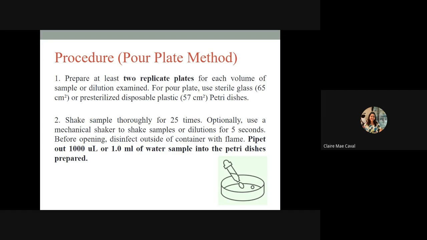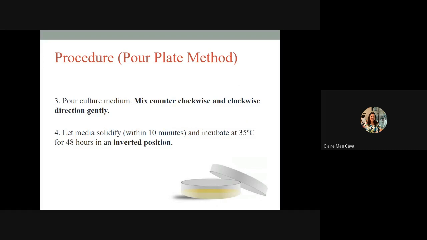Before opening, of course, you disinfect the outside of the container with flame, or the mouth of the sample bottle. And then you pipette 1,000 microliters, or that's equivalent to 1 ml, of water sample into the petri dishes prepared. Number three, you pour the culture medium, the plate count agar medium, then you mix in counterclockwise and clockwise direction gently. You let the medium solidify within 10 minutes and incubate at 35 degrees Celsius for 48 hours in an